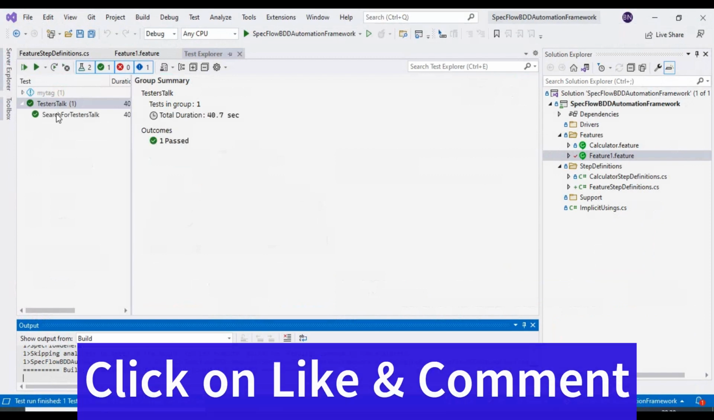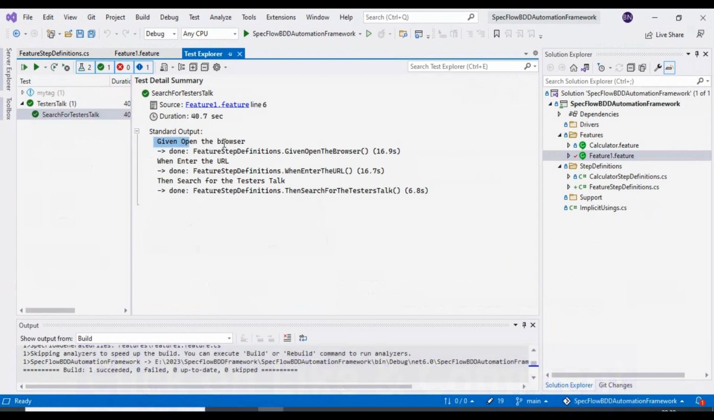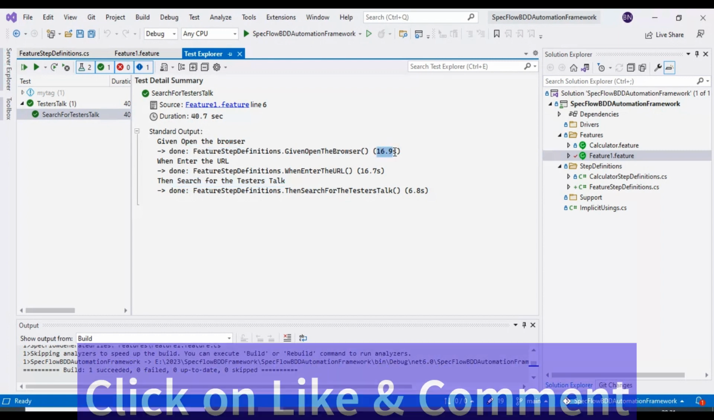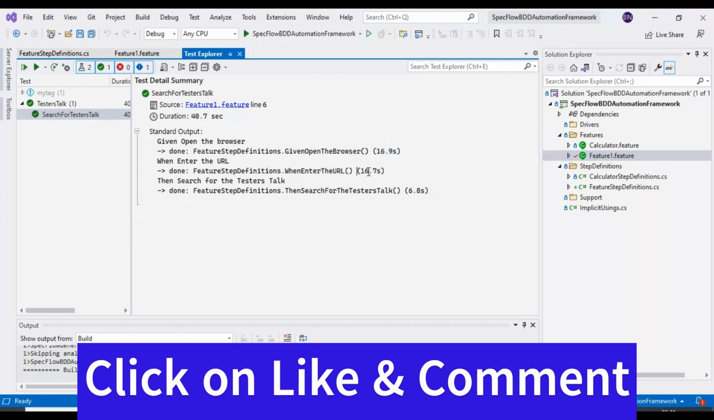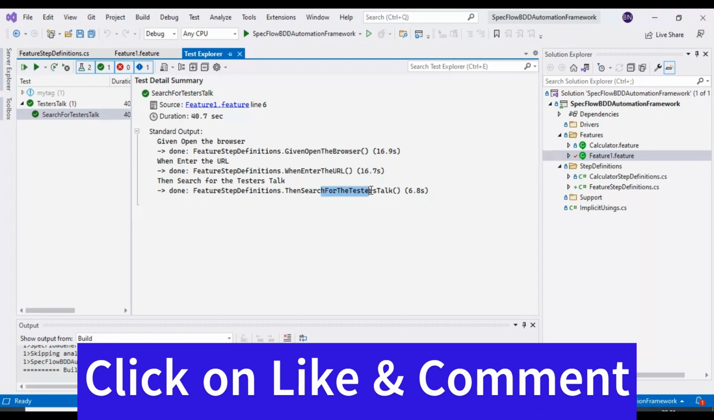And if I select this particular scenario, these are the three steps. The first step is Given open the browser, the second step is When enter the URL, and the third step you can see is search for the tester stock. And you can see on the right side how long each step has taken to execute. The first step took 16.9 seconds, the second step took 16.7 seconds, and the third step took 6.8 seconds,